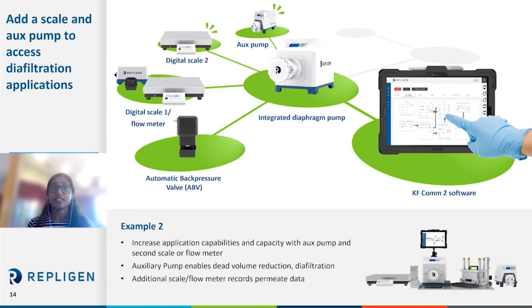Now, if you wanted to add an additional step like diafiltration, because of the plug-and-play nature of the system, you can connect an auxiliary pump and it would automatically show up on the software, where you would be able to set your targets in your recipe, hit start, and then walk away. And then the buffer would be automatically added, and you don't even have to be there to intervene. So the addition of the pump really allows for that automation. With the addition of the auxiliary pump, you can also operate different process modes, like constant feed concentration, concentration, diafiltration, concentration. So you have that flexibility.